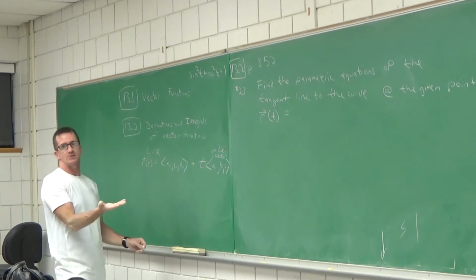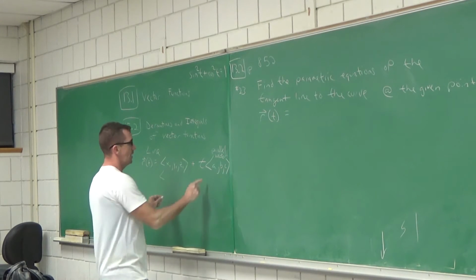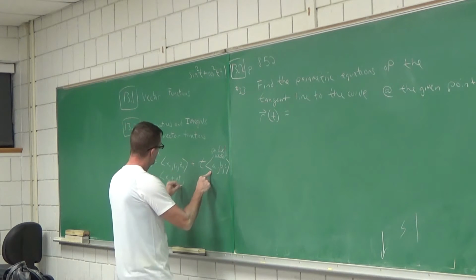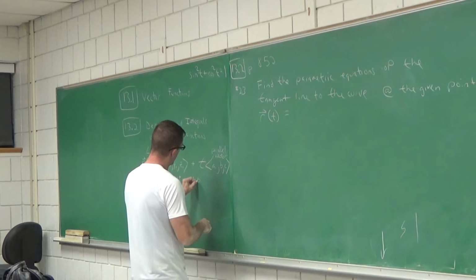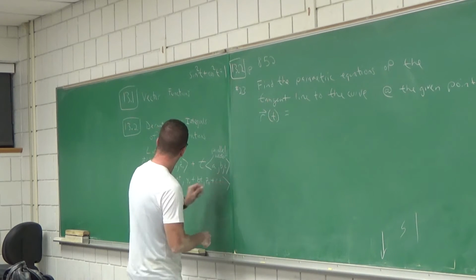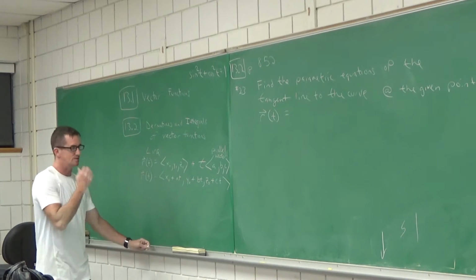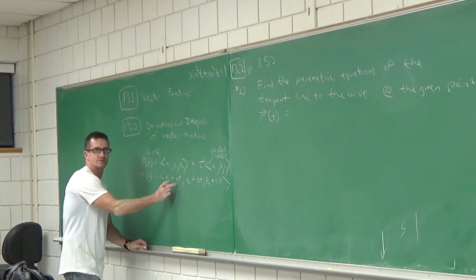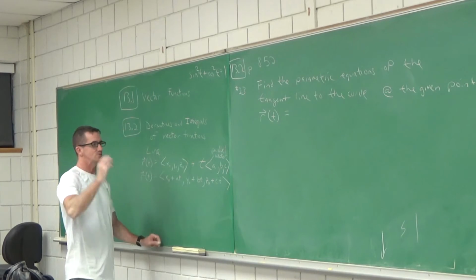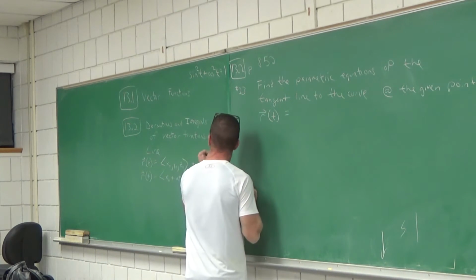But if they say the parametric equations, I'm going to think of this as what? All this combined would be x naught plus at, y naught plus bt, and z naught plus ct. If they're asking for the parametric equations, x is going to equal this, y is going to equal this, and z is going to equal this. The key is, what's this a, b, c? That a, b, c is a what? What kind of vector? Parallel.